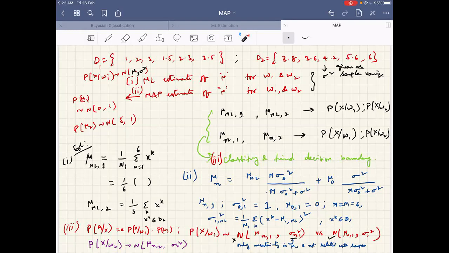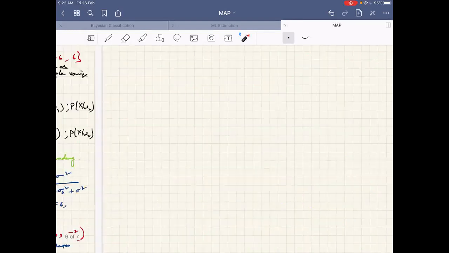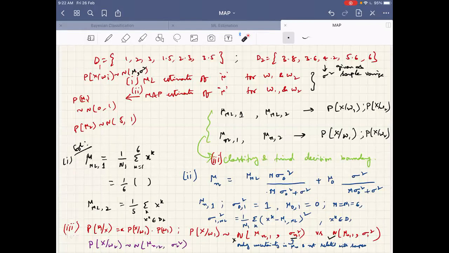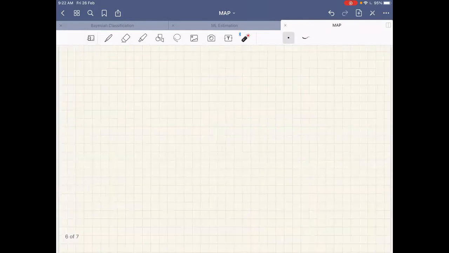The algebraic simplification and then the comparisons will look a little complicated when I deliver them here, so I'm skipping that. But essentially you will get a somewhat equivalent picture. So mu n in the multivariate case also you will be able to write. It will be the inverse of 1 by m times sigma n inverse plus sigma n. I can probably try to write it here.